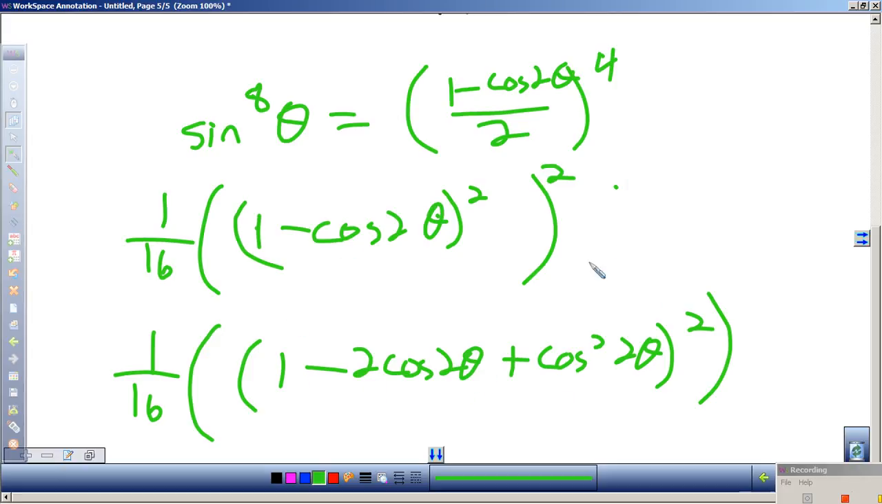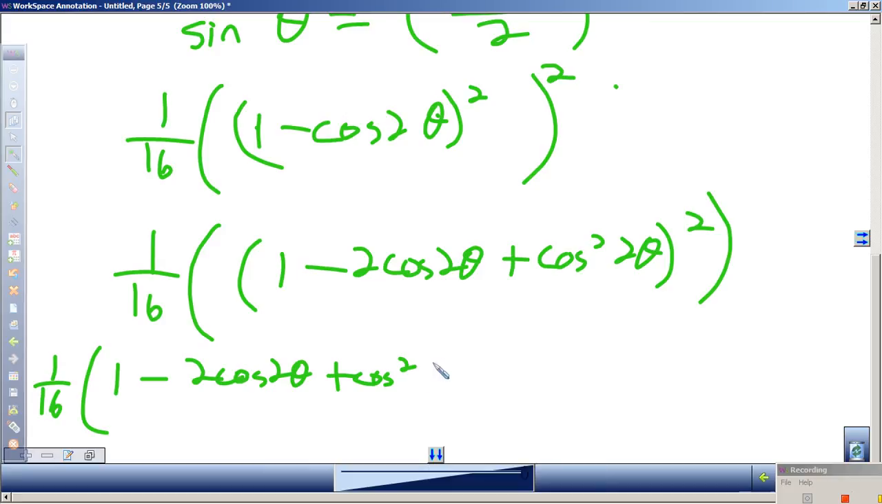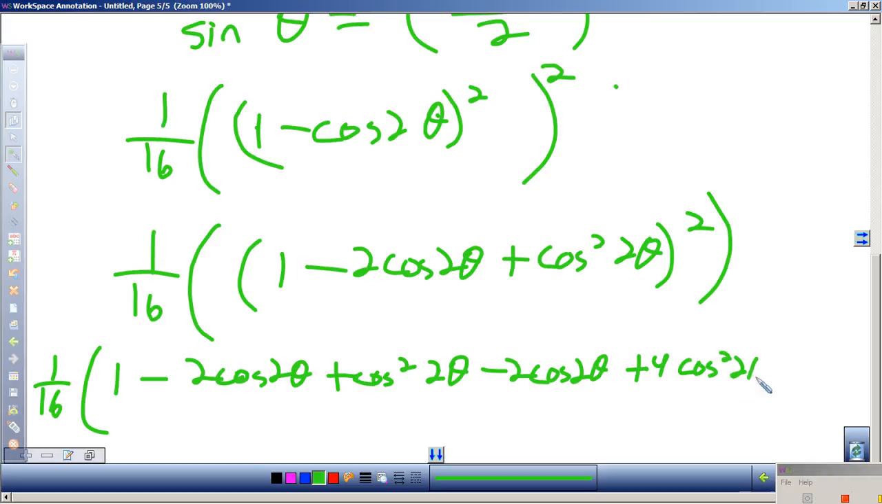Okay, now let's apply the squared. Notice this process gets very long sometimes. So 1 over 16. So 1 times 1, I have 1 minus 2 cosine 2 theta plus cosine squared of 2 theta. That's 1 times everything. Now I'm going to take this times everything. So minus 2 cosine 2 theta plus 4 cosine squared of 2 theta